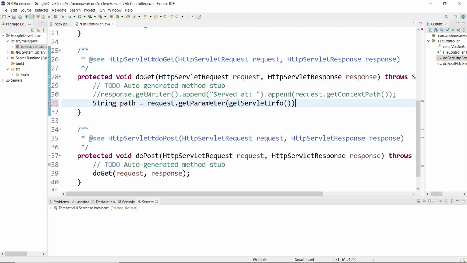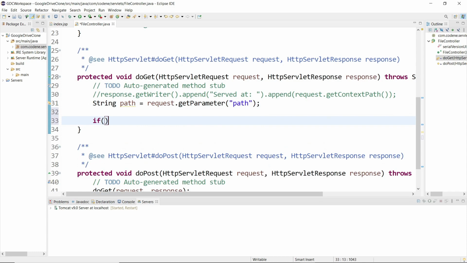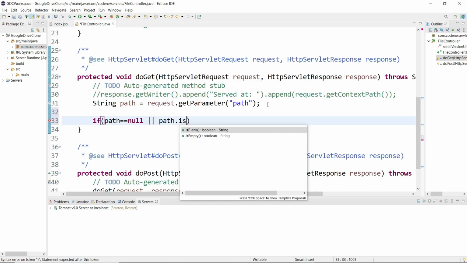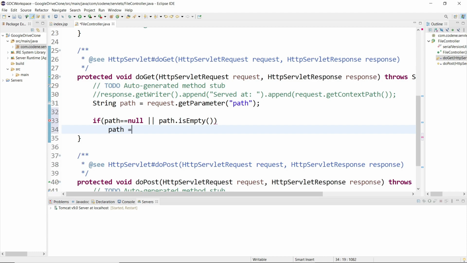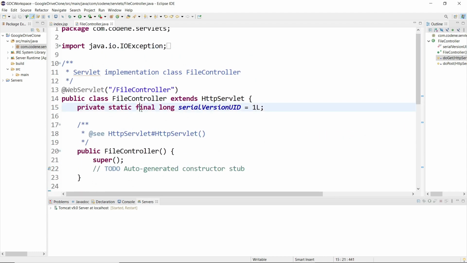Just select the parameter. Then what we need to do, we need to get the path. Now if path equals null or path is empty, then path will be something. So I need to configure the home path.